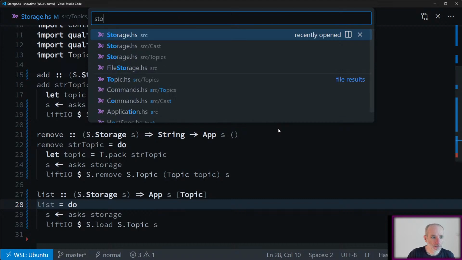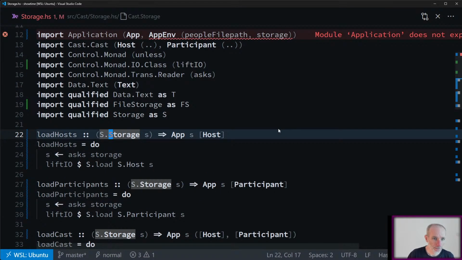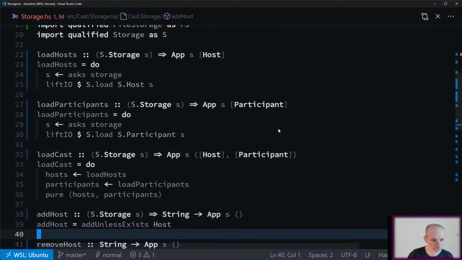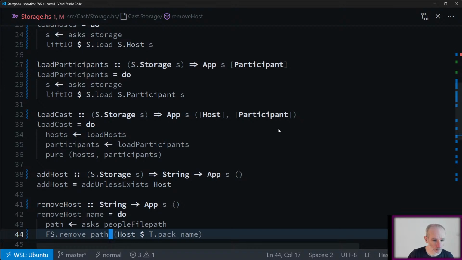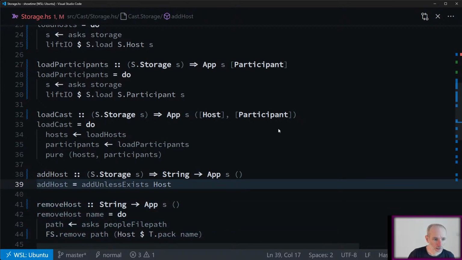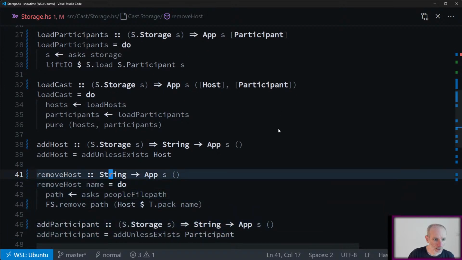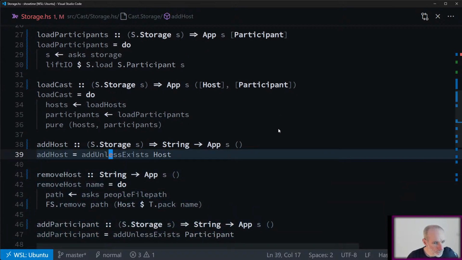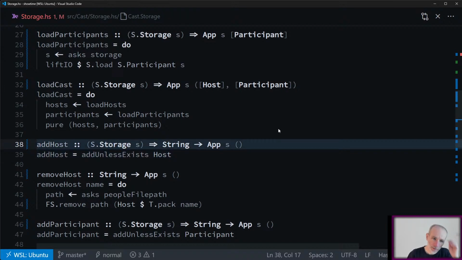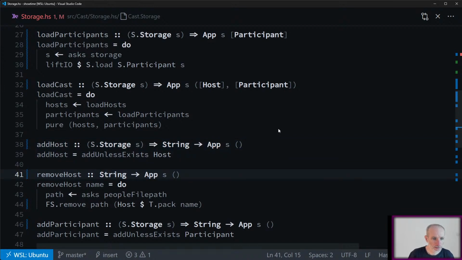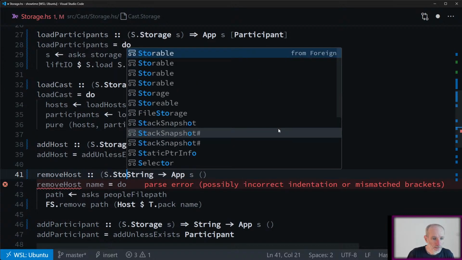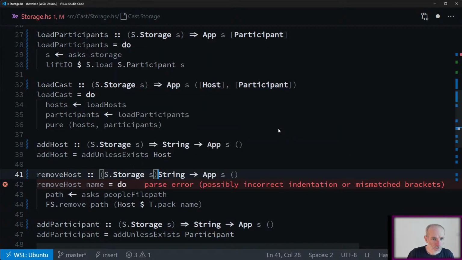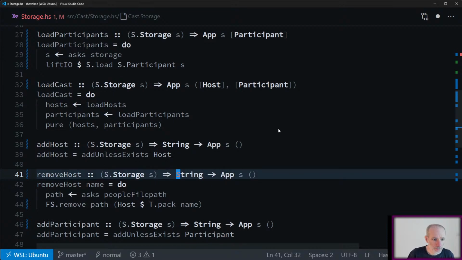So the other storage thing I need to fix is inside cast. It's going to be the same thing. So the loading ones I did last week. Adding, I kind of did, by the looks of things. Or it already needs storage because it needs to look it up and make sure it's not there. Removing does no such check. So given that S is something that implements storage,